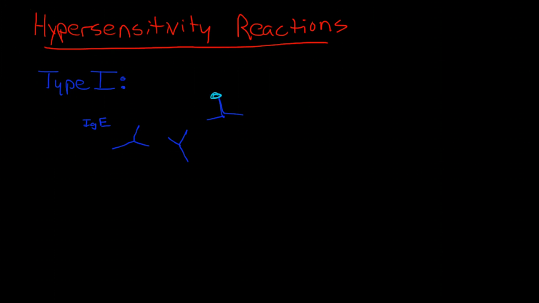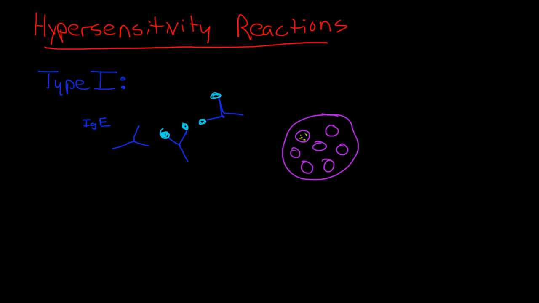Binding with this antigen, the antigen-antibody complexes move over to a mast cell, and mast cells, remember, are these granulated cells that are filled with, among other things, lots and lots of histamine. So when this antigen-antibody complex binds with